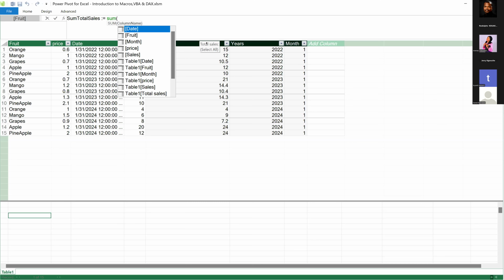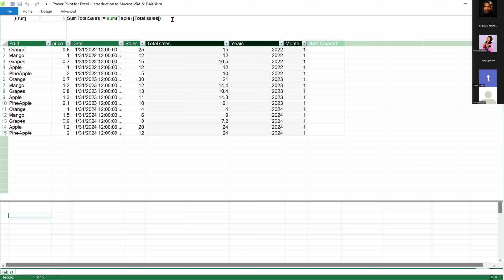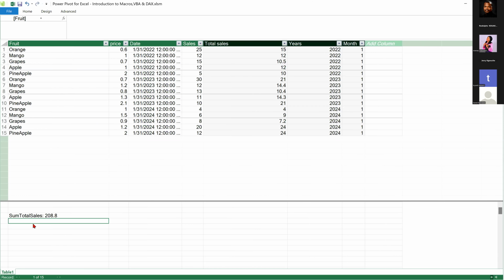We've created a measure like that. You see that it's just an aggregate. It's not row by row, and it does not take much space like a column. This is one way of creating a measure directly there. The second way of creating a measure is that we select the pivot table that we've made, and up here